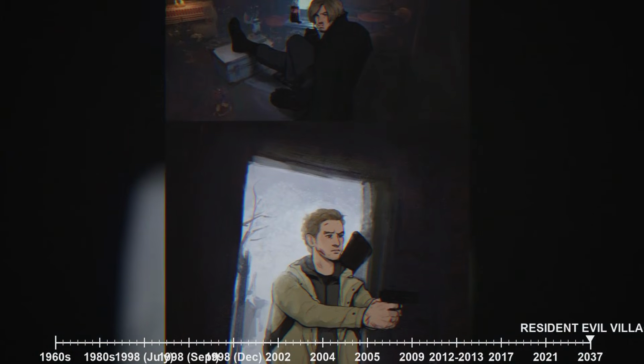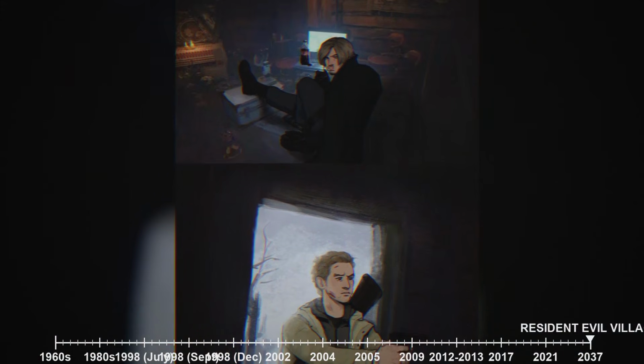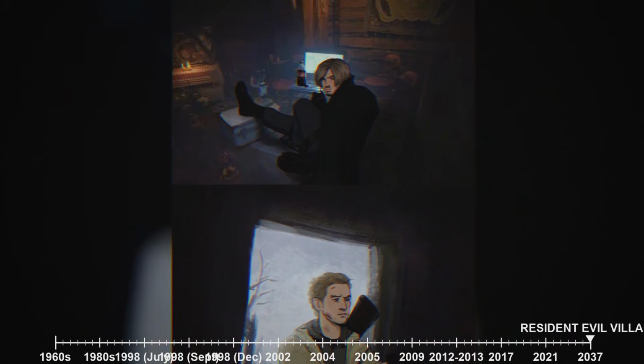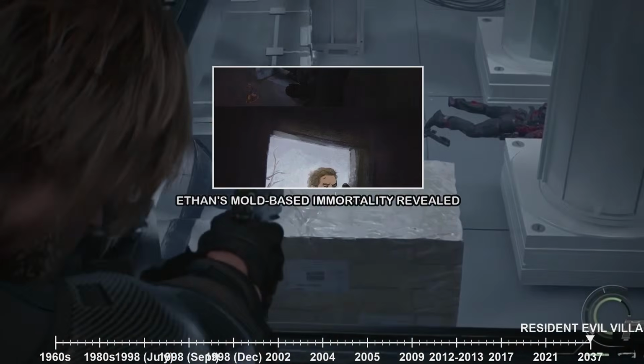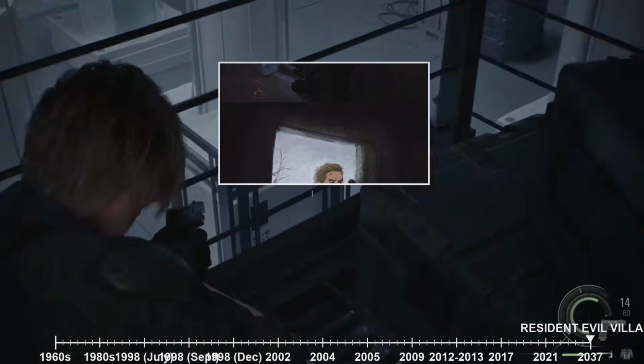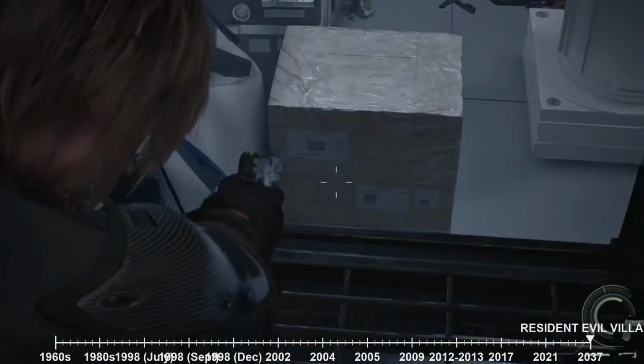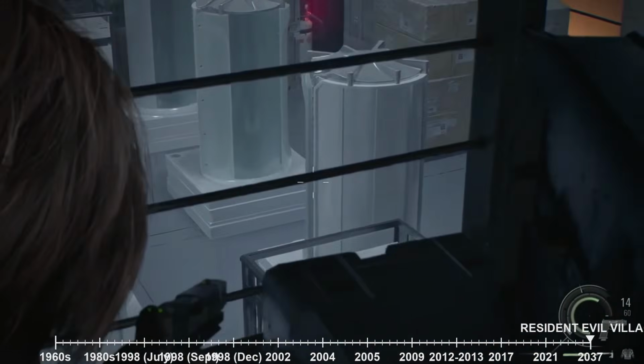Instead, he simply collapses, only to reawaken moments later, his body regenerating. This horrifying act reveals the truth of Ethan's own mold-based immortality, a secret he himself was unaware of. His body, having been infected and transformed by the mold during the events of Resident Evil 7, has achieved a form of regenerative immortality, allowing him to survive wounds that would kill any normal human. He is in essence a mold-human hybrid, a fact that both explains his resilience and adds another layer of tragic